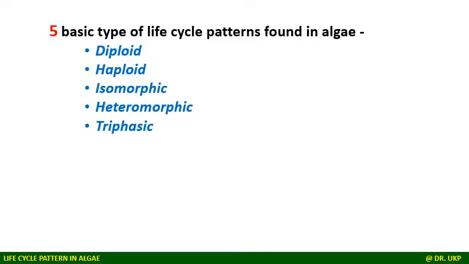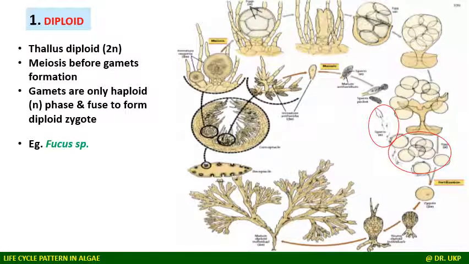Okay, the first one is diploid. Why have we classified this life cycle pattern as diploid? Because